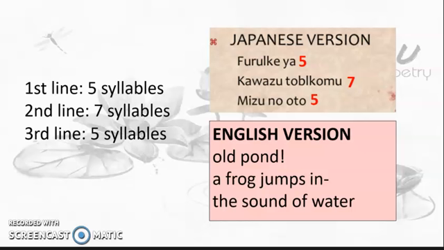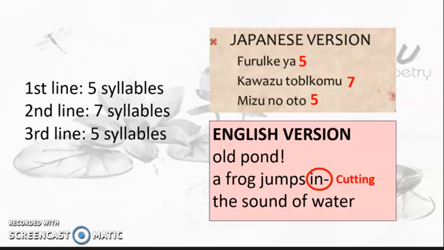Also, with the English version, we can now understand that this is actually a haiku because, going back to the elements I discussed earlier, notice that this haiku uses simple and direct language. Also, it contains a kigo, or an image of nature, where the frog probably represents the season of spring. And aside from that, it uses the technique of cutting through the punctuation mark dash. So that's how a haiku looks.